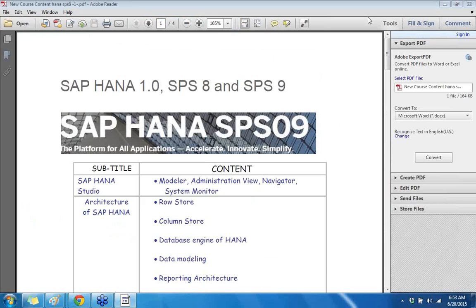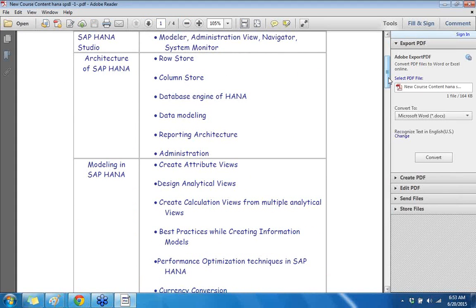The course content that we are going to cover in here. So what is the architecture of SAP HANA? What's a row store? We see in depth what is a row store, what is a column store, different database engines in HANA, what are different data modeling techniques, what is the reporting architecture,